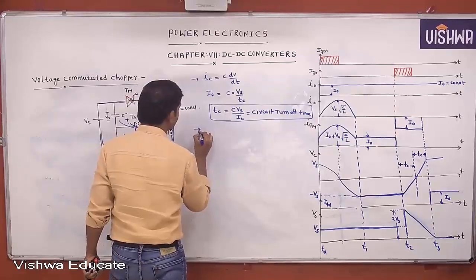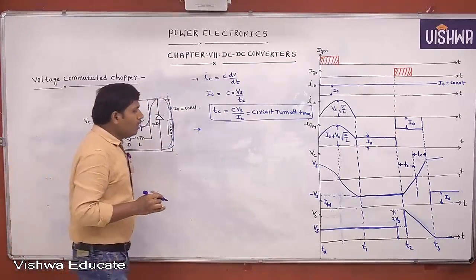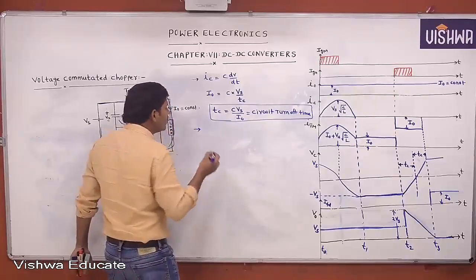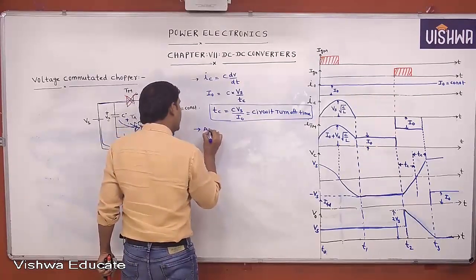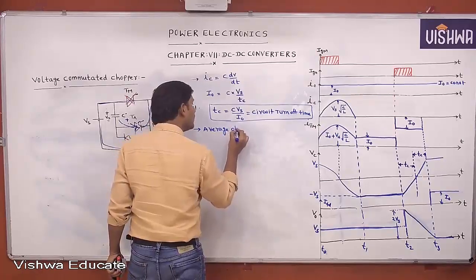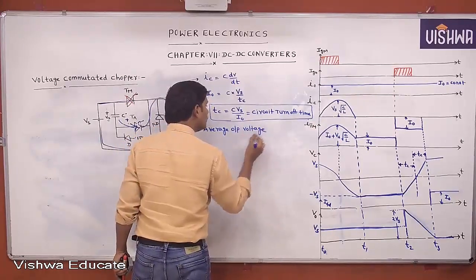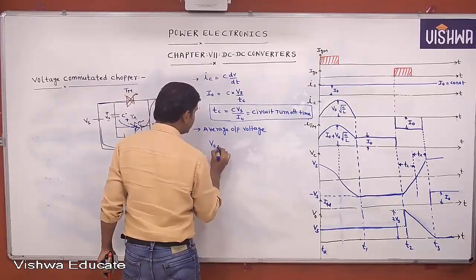Next. One more formula I am writing. Okay. I want to write the average output voltage. All this I am deriving from the waveforms only. Average output voltage, V naught equal to